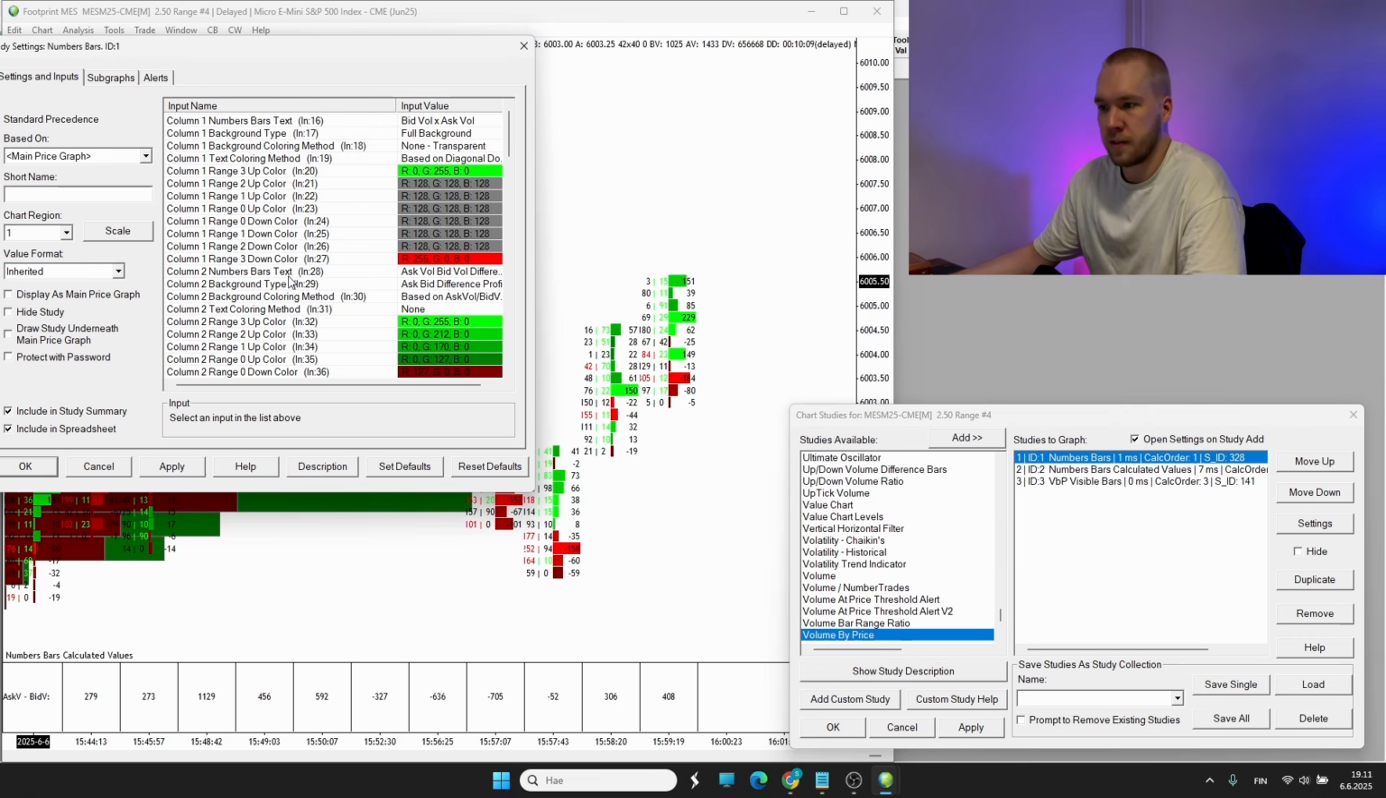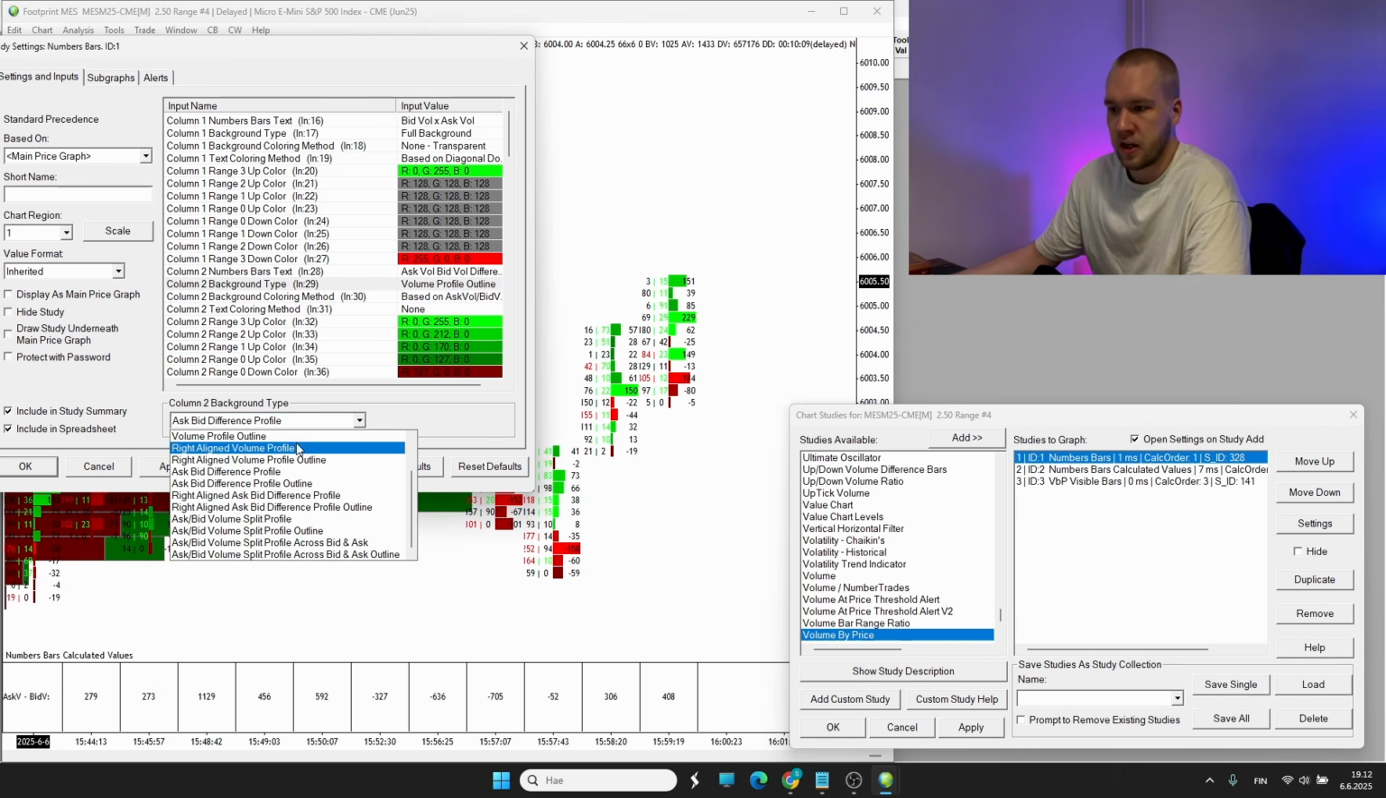So we have the numbers bar text here, so this is the column 2 here. Okay, column 1 is in the middle, and column 2 is now on the right. So we have ask vol bid vol difference. So this is technically the delta, all right? Delta from each level. And the background type is a profile, okay? Now, if we make it